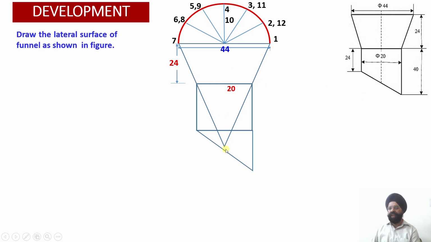Now this point is O dash. In the front view, this point will be 7 dash. This point will be O dash, and this point will be 1 dash in the front view. Now you see what happens, since O1 and O7, please check, happen to be parallel to the XY line, therefore the O dash 1 dash slant edge and the O dash 7 dash slant edge happen to be the true lengths over there.